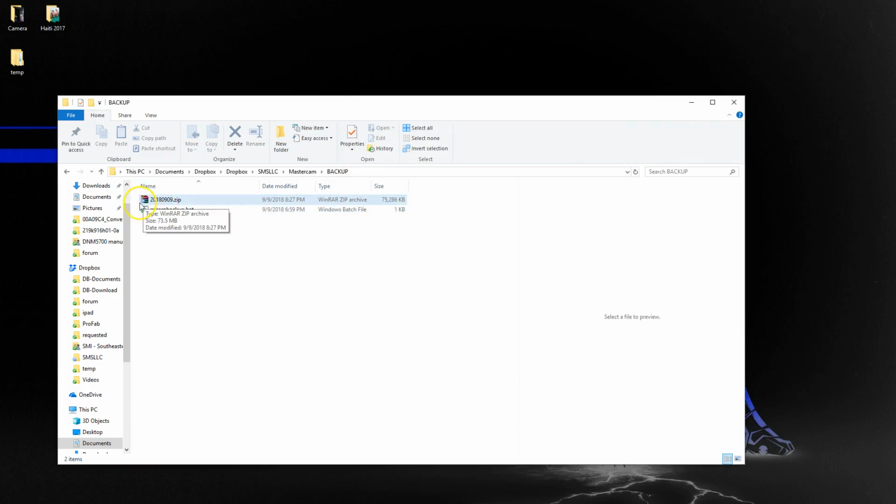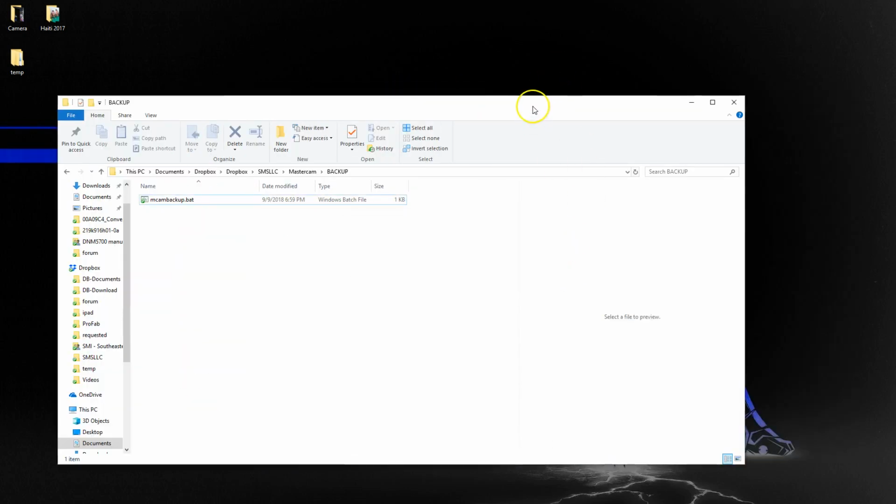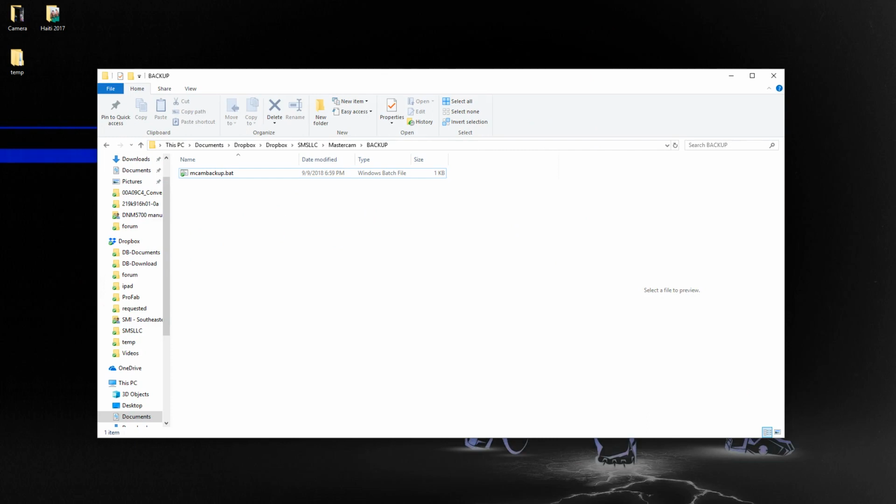And if you'll notice the little icon here, that's because I've got it on my Dropbox. Every time it creates one, it will upload to my Dropbox. I'm just going to delete that because this is not where I do that, just where I'm showing you guys how to do it. Alright, so now in order to create that as a task,